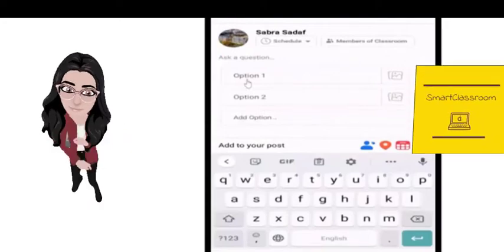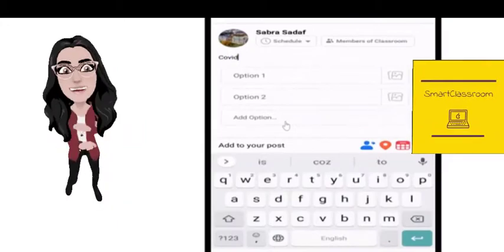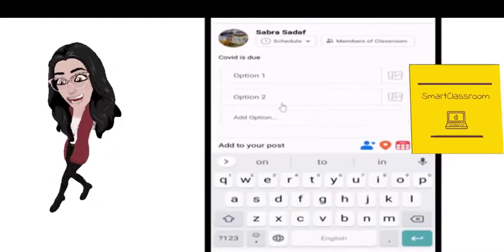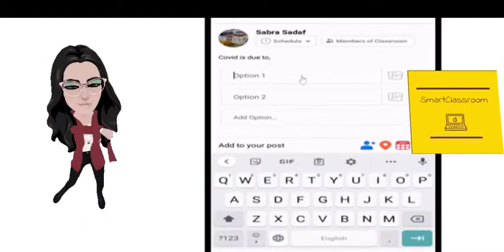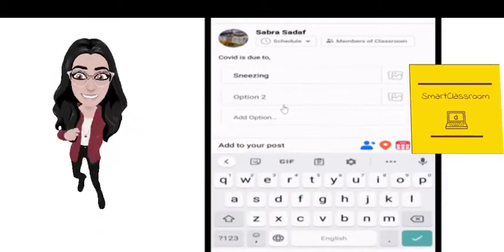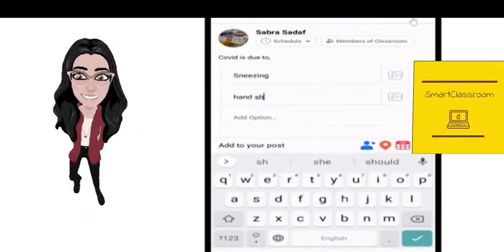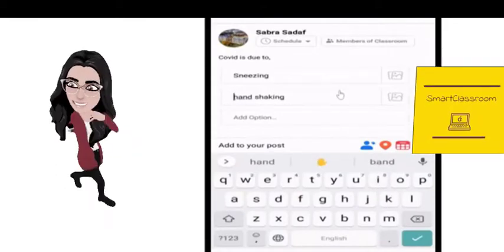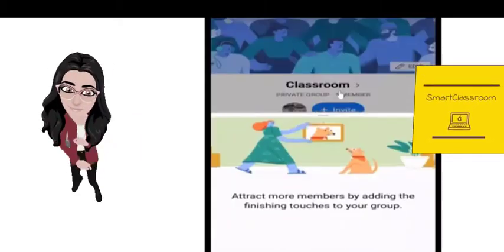By using the poll option, we will write the question here, and the teacher can give the options in these bars. If we want to give more than 2 options, we'll click that option, and the third option will appear. After creating the poll, or typing the MCQs or the true-false answer, the teacher can post it from here. By clicking this corner post button, the question will be automatically posted to the wall of the group, and every student will be able to see it and answer it live.